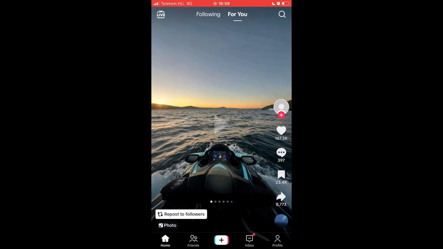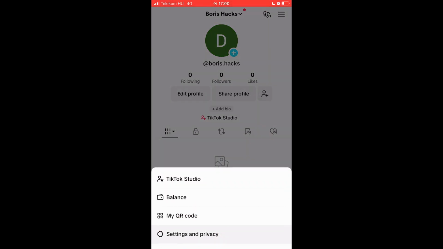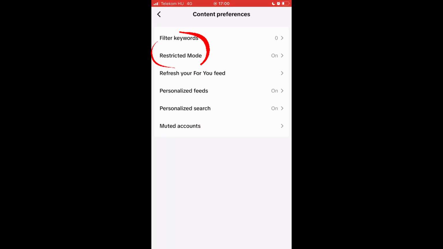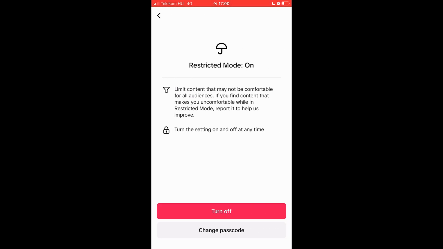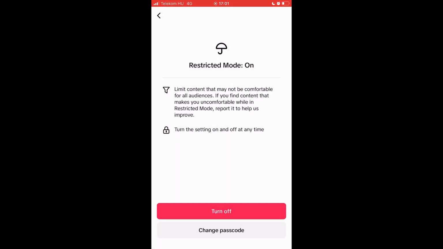So first you need to click your profile on the bottom right corner. Then you need to tap the three lines on the top right corner, click settings and privacy. You just need to scroll down to content preferences. So here you can see restricted mode. You tap that and you just need to click turn off. And you just need to give the passcode you used to give, and basically the restricted mode is going to